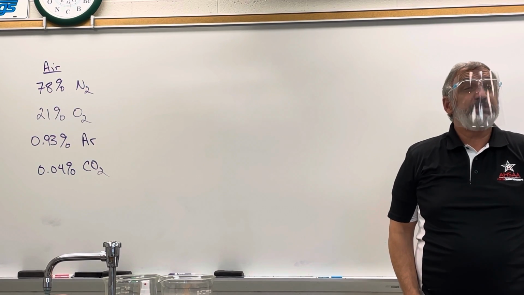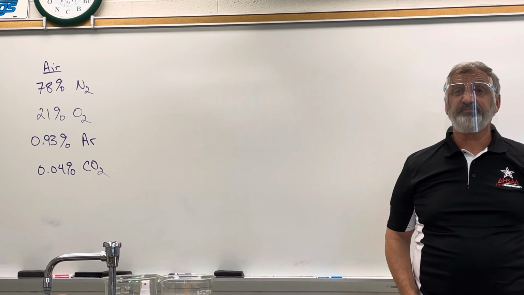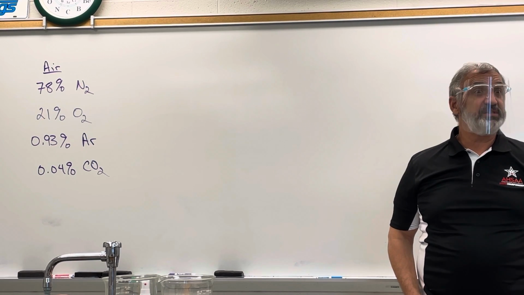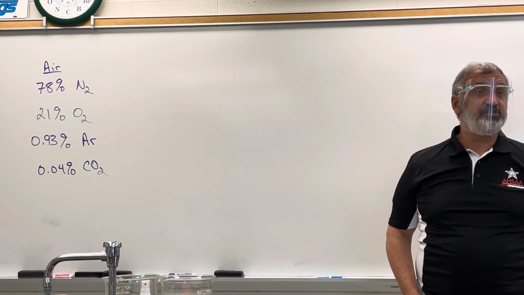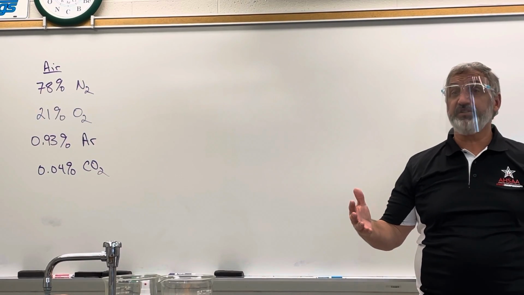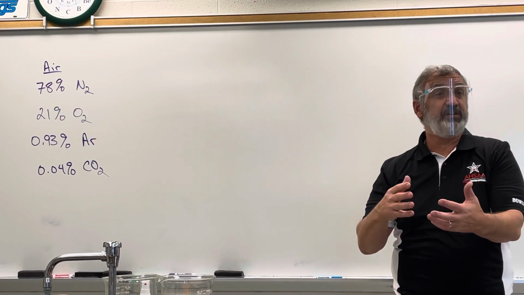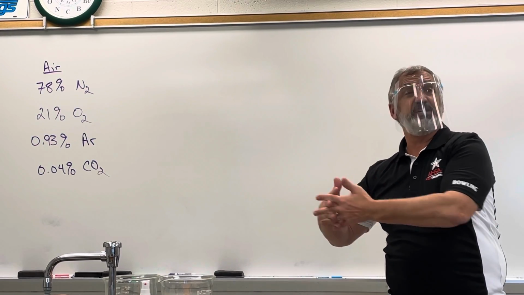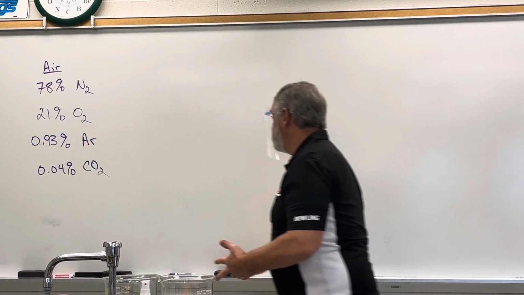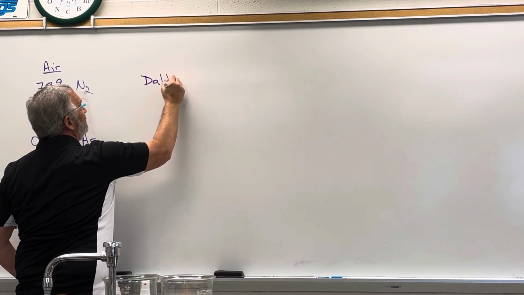So of the 1 atmosphere of pressure, what part do you think is due to nitrogen? 78%, or 0.78 atmospheres, right? 21% is going to be due to oxygen, because it's number of collisions. Obviously, the more of one type of gas you have than the other, that's going to collide with you more, and so it's going to exert a greater percentage of the pressure. That's all Dalton's law says. Dalton's law of partial pressures